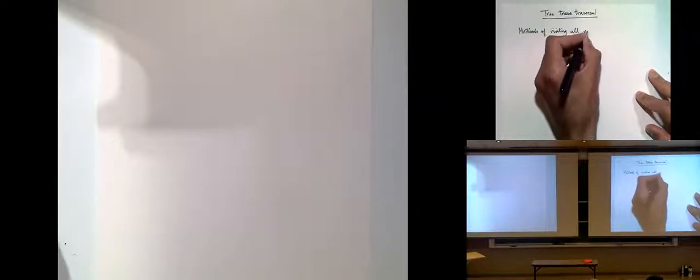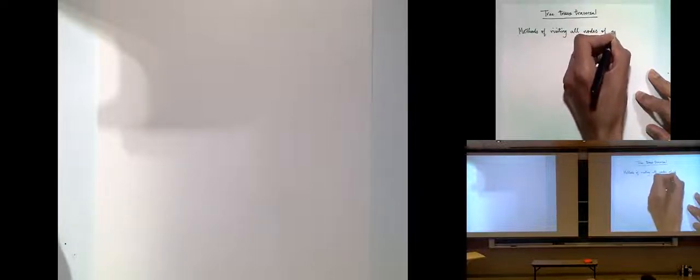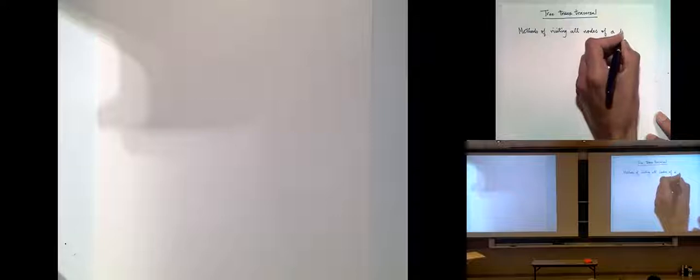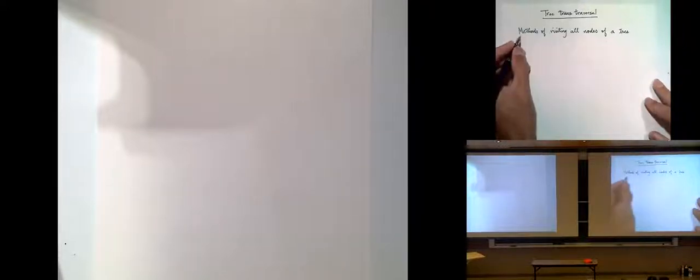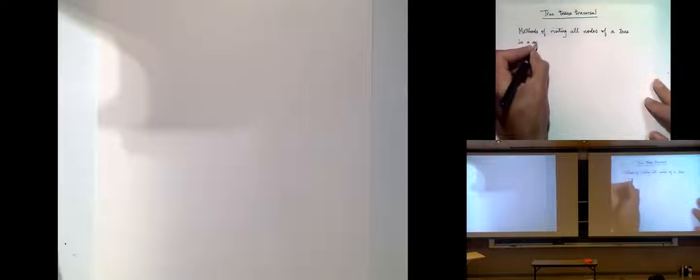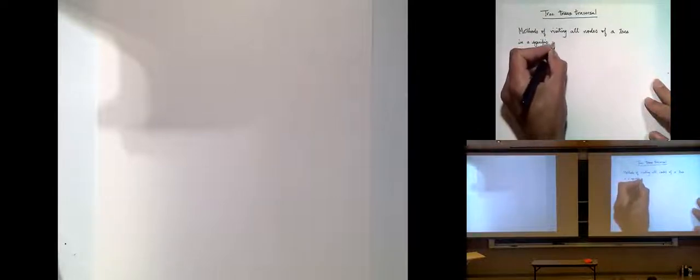So tree traversals are, I would say, methods of visiting all nodes of a tree, really. I mean, it doesn't have to do anything with a binary search tree. It's just if you have a tree, then this gives you an ordering of all the nodes. So it visits all the nodes of a tree in a specific order. So there are many orderings. I'm not going to talk about all of them, but maybe the most important ones are called inorder,